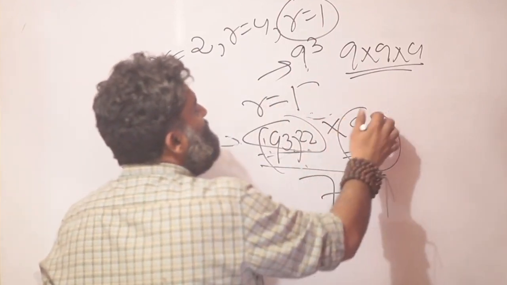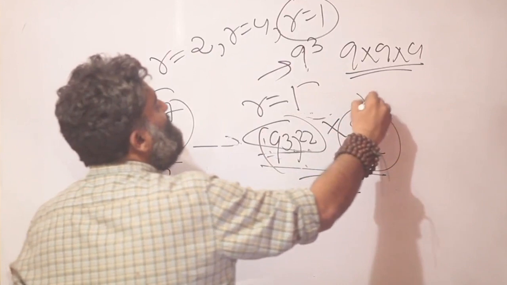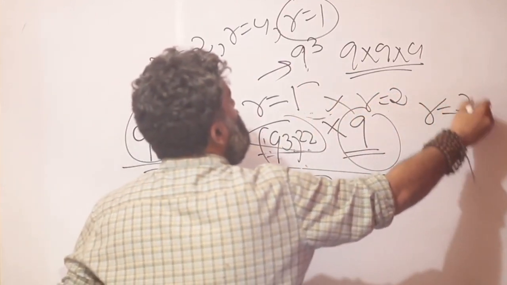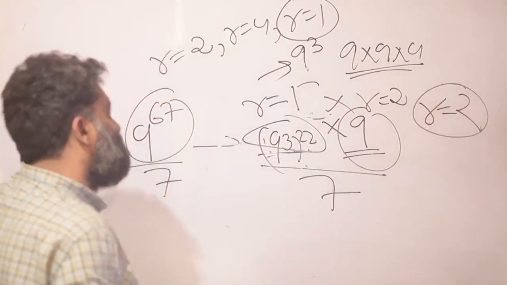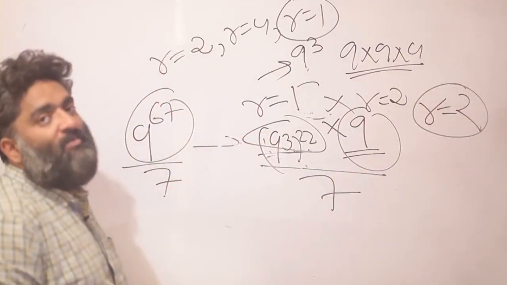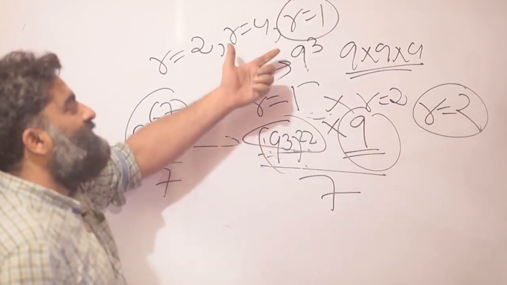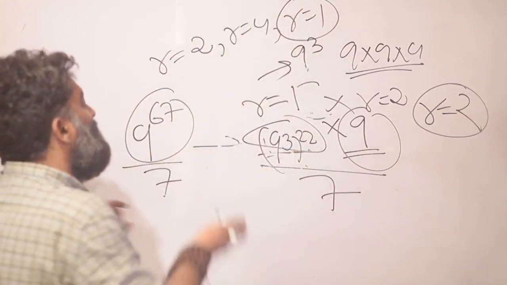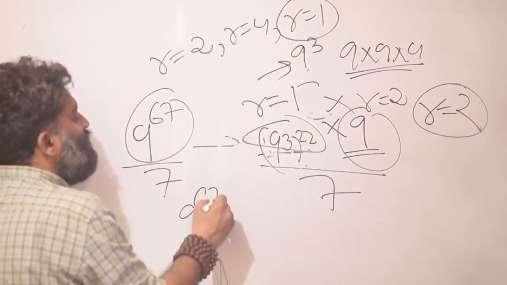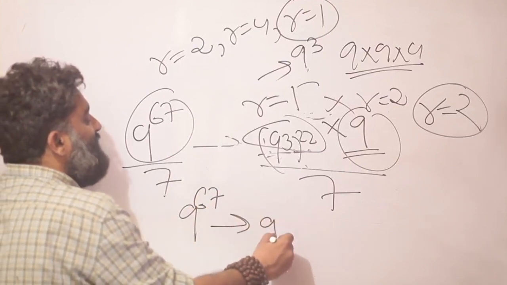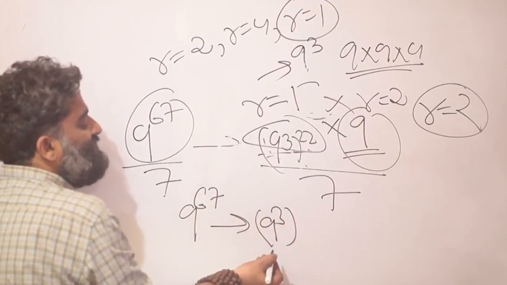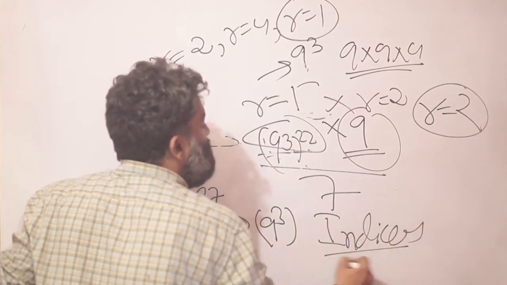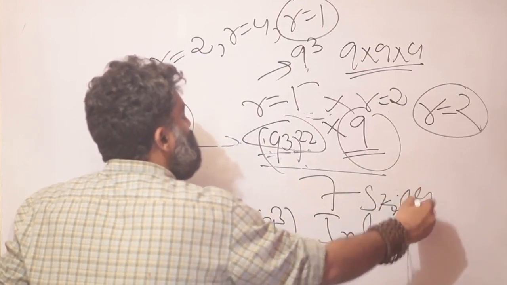That means my question then becomes, think of the remainder for this 9, and the remainder was 2. So now once again multiply the two remainders, and my final overall remainder would be 2, which we also saw by the cycle method earlier. So if staying with the 1 is more comfortable to you, you can start thinking like that. And remember, your challenge was how to write 9 raised to 67 in terms of 9 raised to 3. The idea was from the chapter on indices, or your indices skills are at use here.